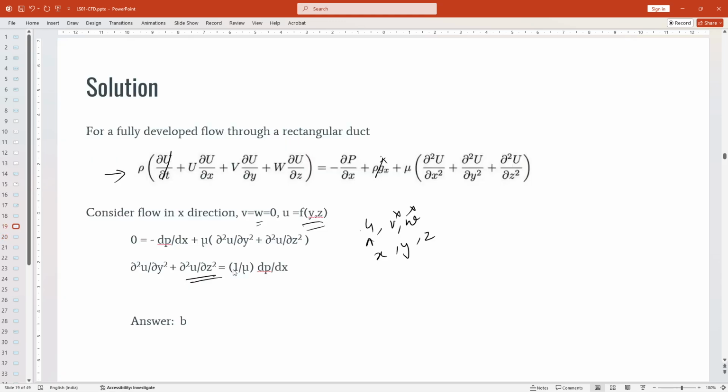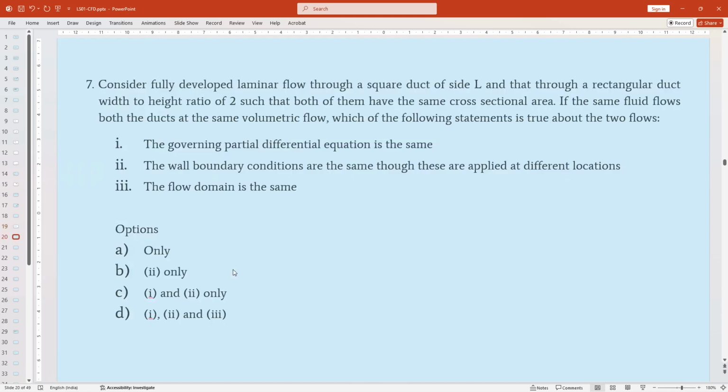Hope everybody understood the concept. Moving to next question. Next question is, consider a fully developed laminar flow through a square duct of side L